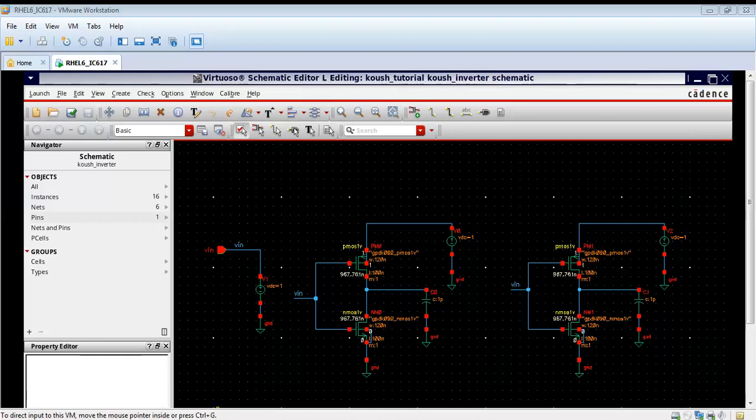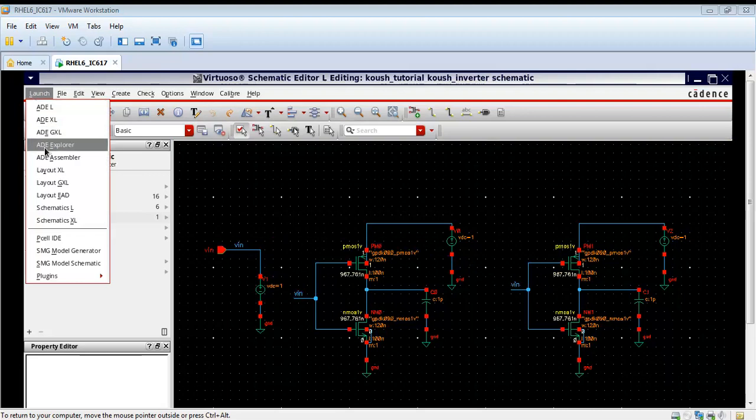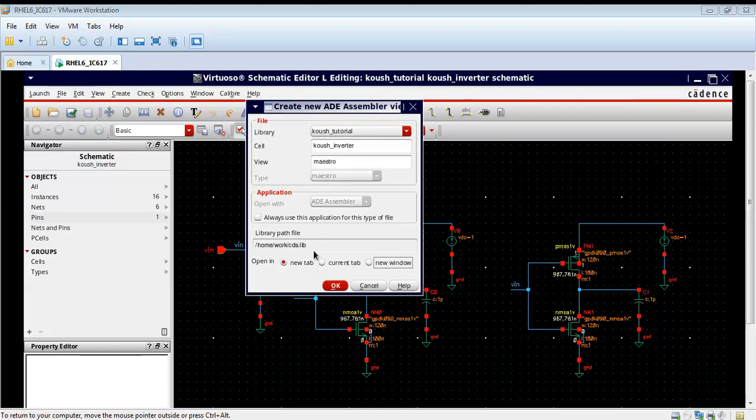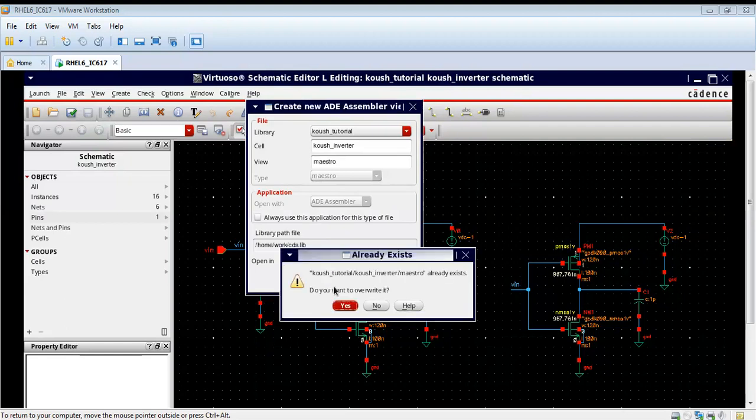So in this video we will be doing the optimization of a CMOS inverter using assembler in Cadence Virtuoso and try to maximize the performance. As you can see, I have drawn two inverter circuits. The left one is the reference inverter and the right one we will optimize using the reference inverter.